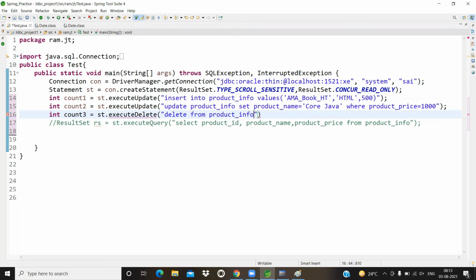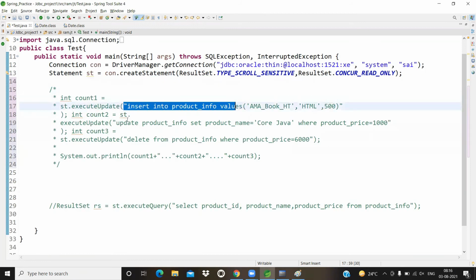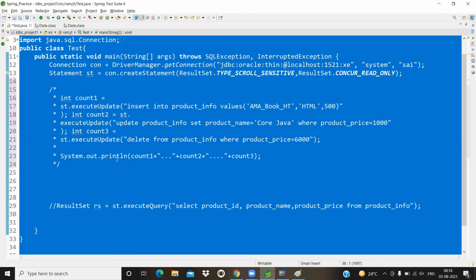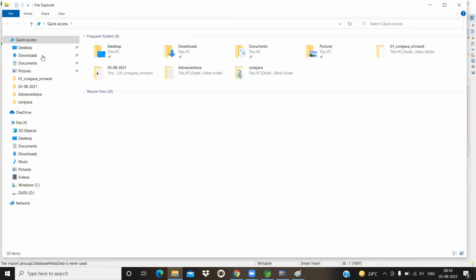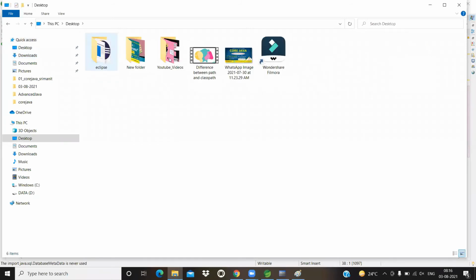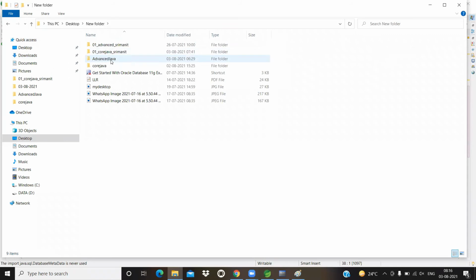We are writing queries manually, insert query, update query, delete query, but with the help of updatable result set, no need to write any query.